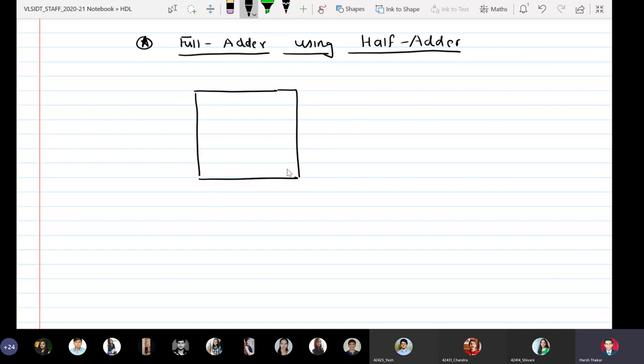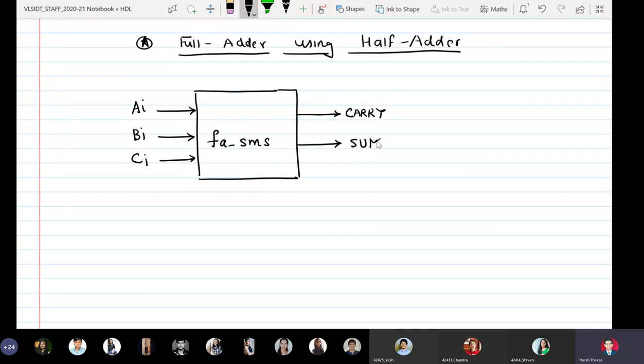we will draw the full adder and give the name full adder underscore SMS, with three inputs AI, BI, CI, and there is a purpose why I'm writing carry first that you'll come to know when I draw the internals. Full adder has three inputs and two outputs, and our child or the component is a half adder.